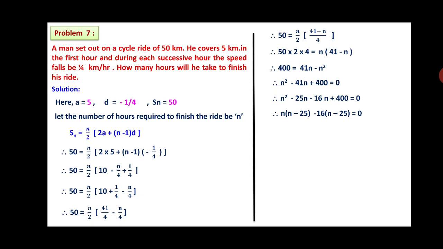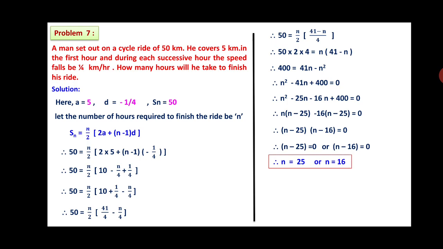Therefore, from the first two terms n is common, n into bracket n minus 25 bracket complete, minus 16 in the last two terms is common, n minus 25 in the bracket is equal to 0. Therefore, you are getting two brackets. In one bracket n minus 25, another n minus 16 is equal to 0. As the product of two terms is 0, either of them is 0. Therefore, you can write n minus 25 is equal to 0 or n minus 16 is equal to 0. Therefore, n is equal to 25, or n is equal to 16.